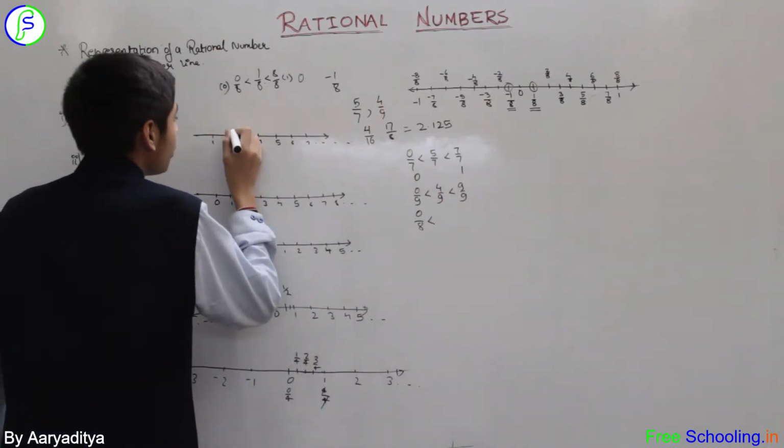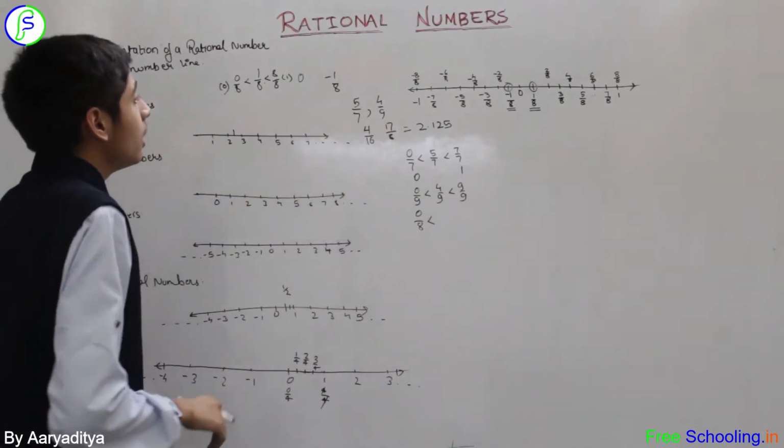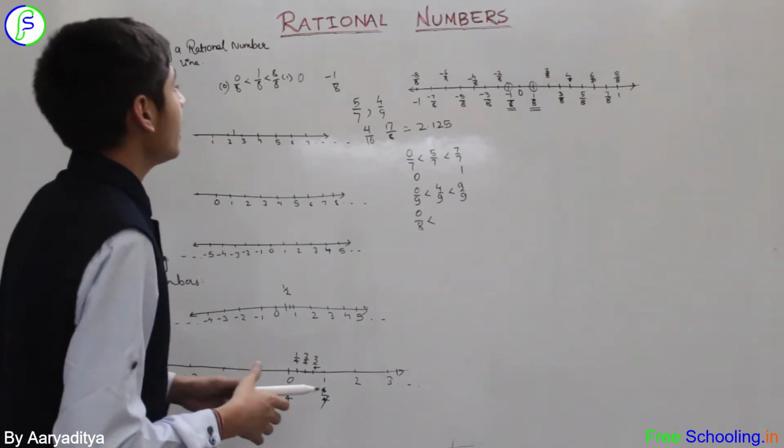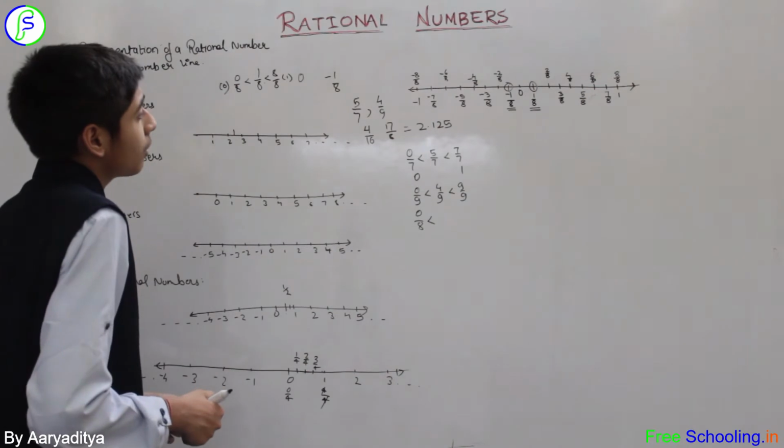So the number lies between 2 and 3. Similarly, you can do with this one. How? This would come out to be point. Okay, so let me do this one for you. I will be doing it. It will come out to be